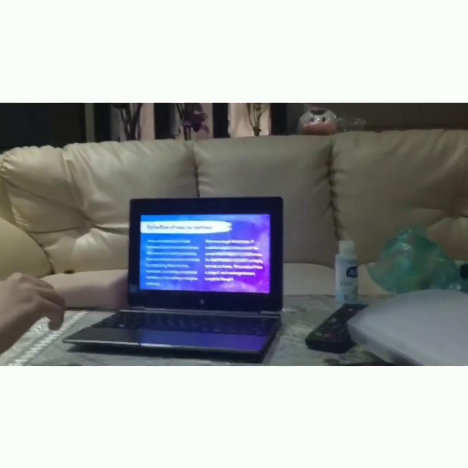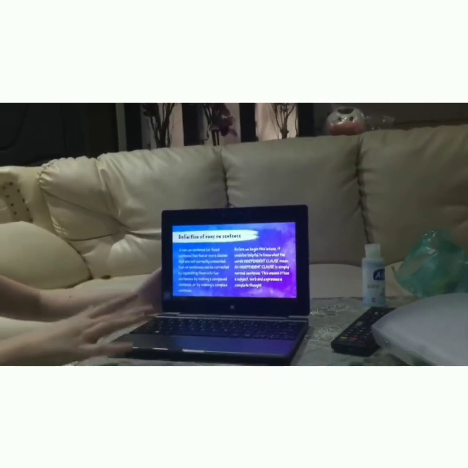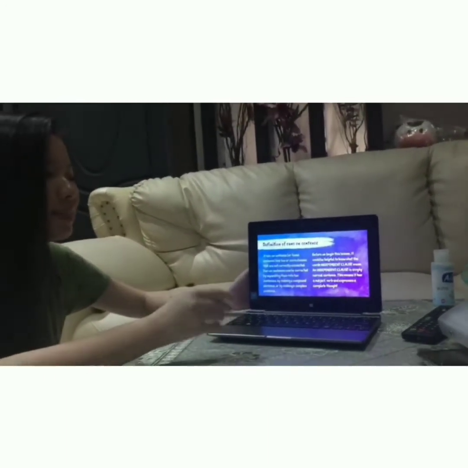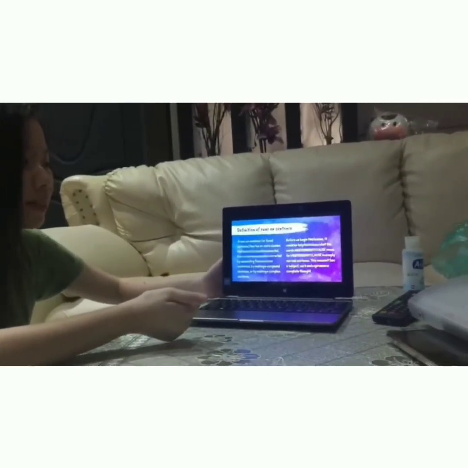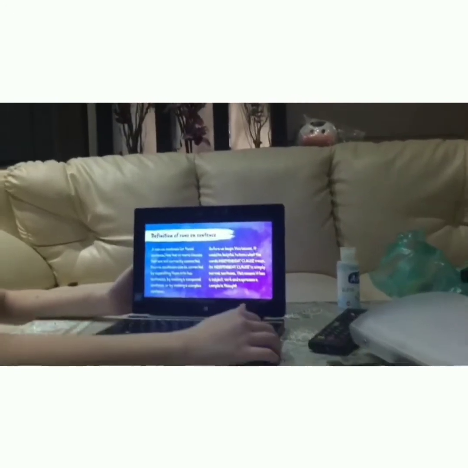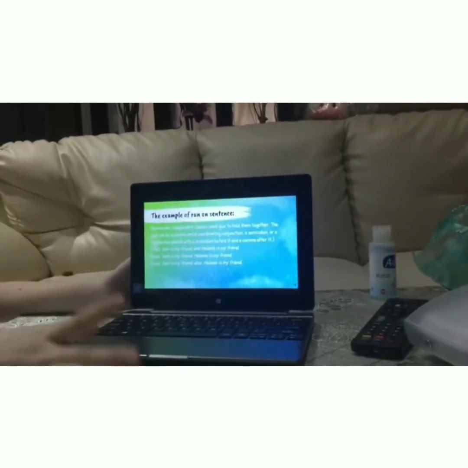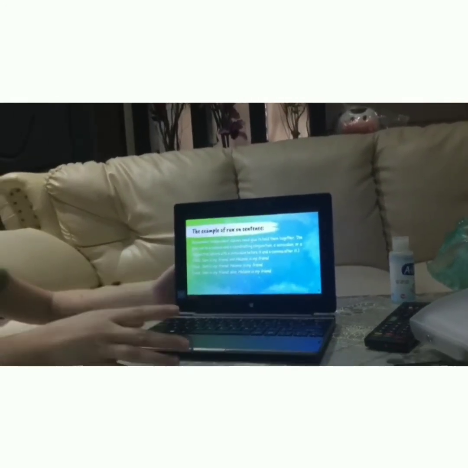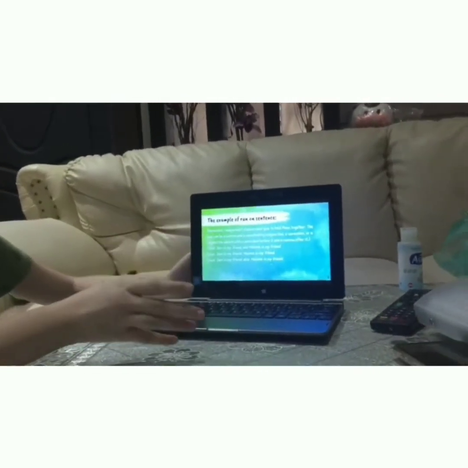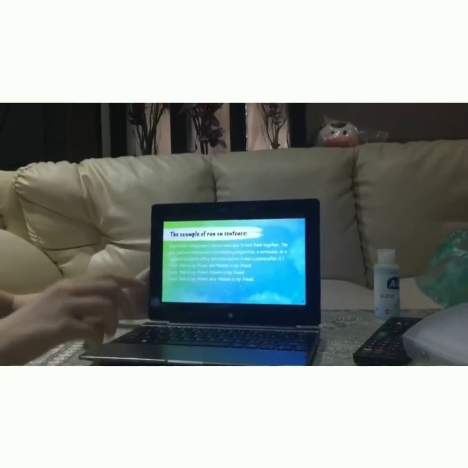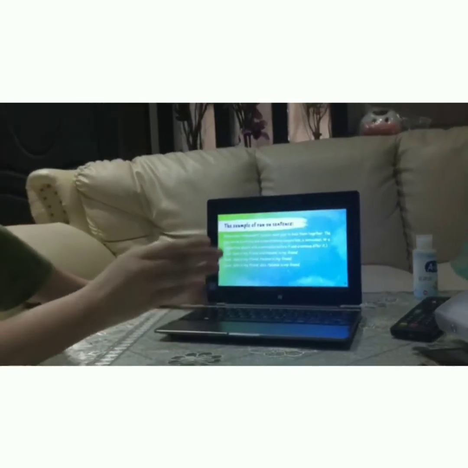Definition of run-on sentence. A run-on sentence, or fused sentence, has two or more clauses that are not correctly connected. Run-on sentences can be corrected by separating the fused sentence, by making a compound sentence, or by making a complex sentence. So this is an example of run-on sentences. But remember, independent clauses need glue to hold them together. The glue can be a comma and a coordinating conjunction, a semicolon, or a conjunctive adverb with a semicolon before it and a comma after it.